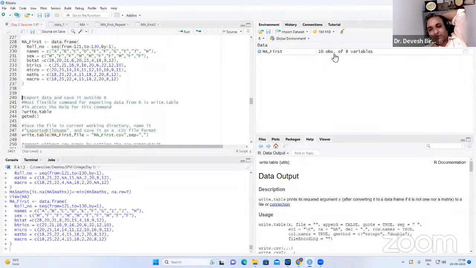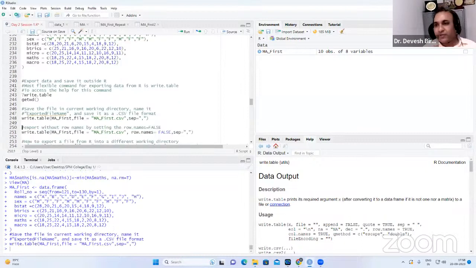So if you want to bring this into your laptop in comma separated version, then you have to write table, the name of this data which you want to bring out, this MA first, file name which you want to store in your computer, MA first .csv, and you want to separate it with the comma. Fine. So if you run this, so you can see